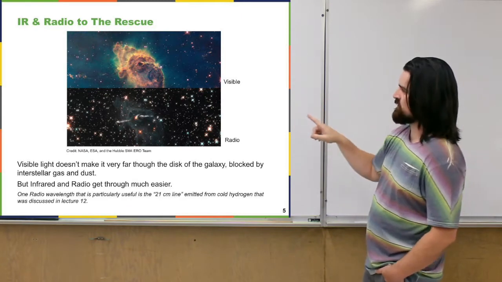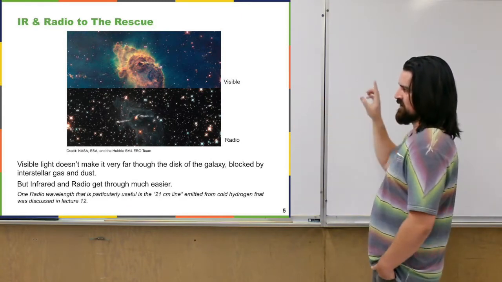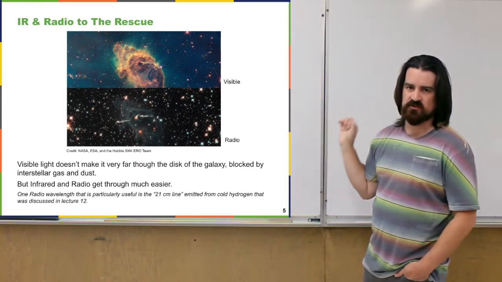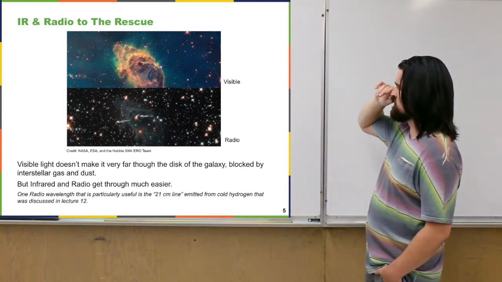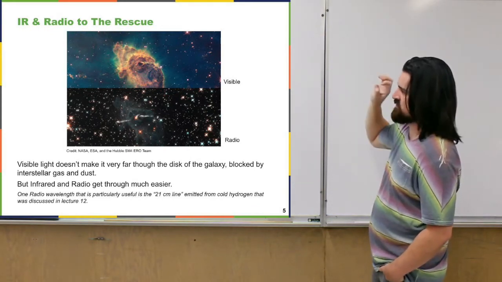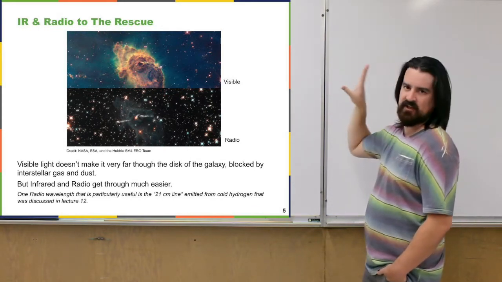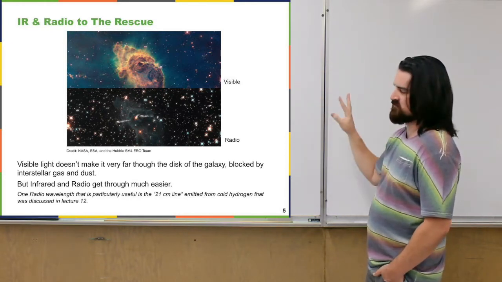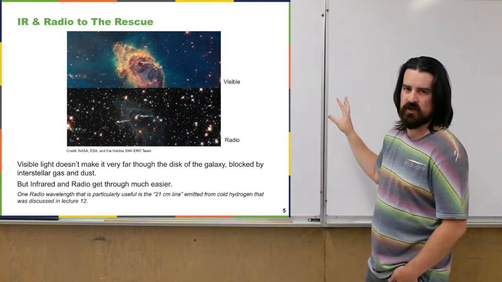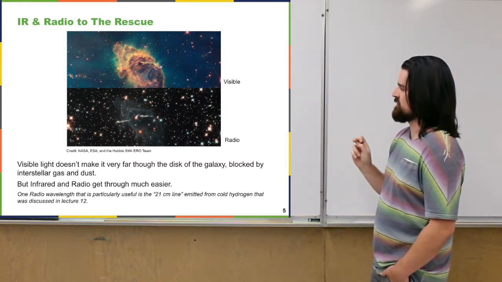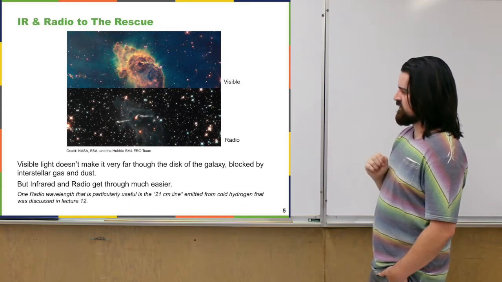And in fact, if you look around, outside of where that dense cloud is, you see a lot more stars in general too. And that's because in the visible range, there's still a lot of this dust around throughout that whole image, and it's blocking light from the far stars behind it. Whereas in the radio, that dust doesn't affect the radio waves coming through very much, so we see a lot more stars in the background in this radio image.